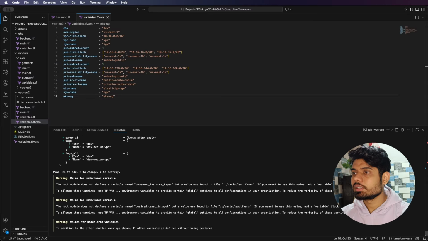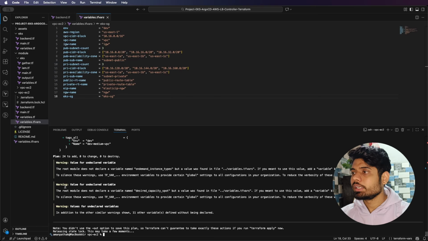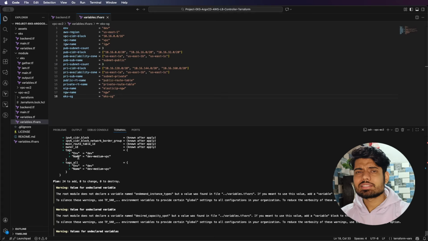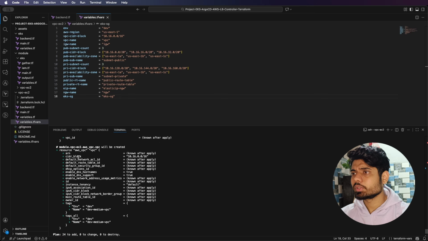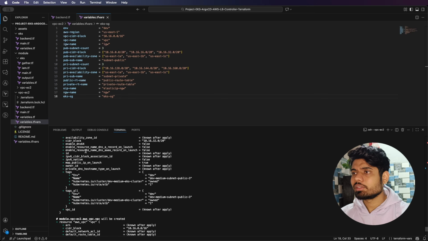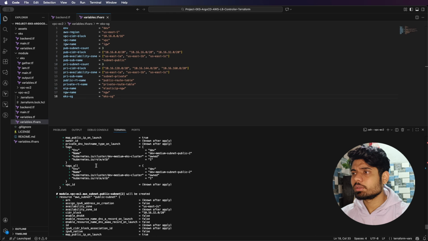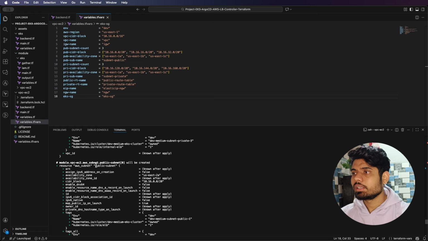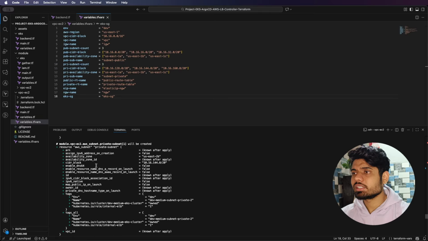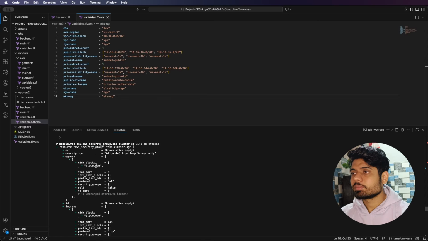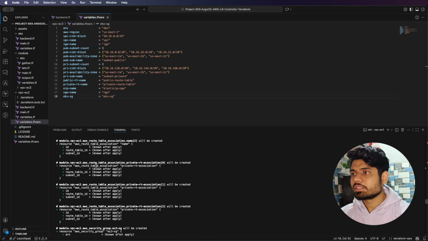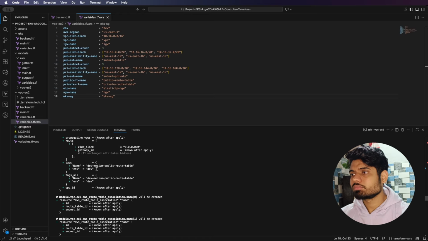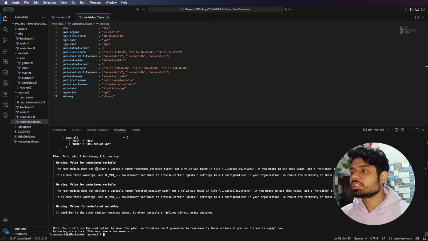Now we can see that it is reading the module, and in the end we can see that it is going to create 24 resources. Let's see the resources it will create. First of all, it will create the VPC and then subnets, public subnet 2, 1, 0, so we are creating 3 public subnets, and then it will create private subnets, and then the resources related to security groups, route table associations and all. So this is fine. We will just run terraform apply,